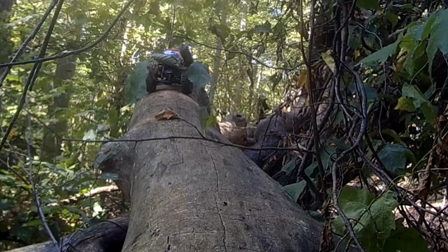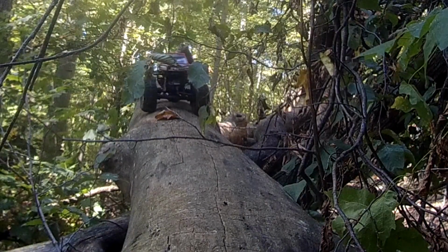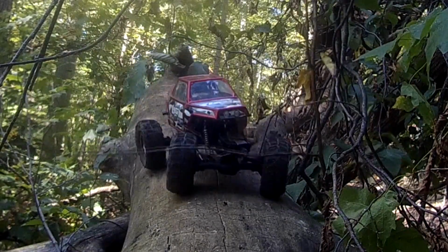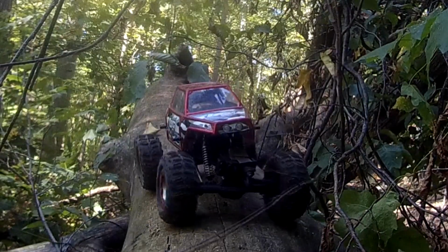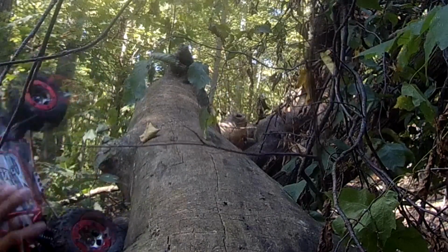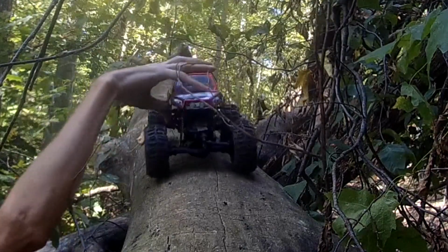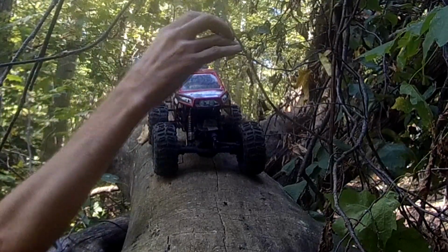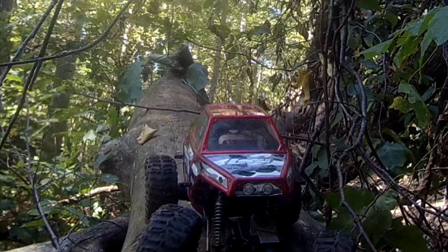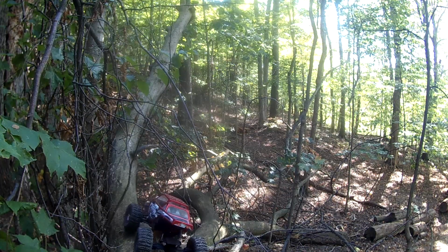Okay, so there's no way it's getting over that knob, so we just bypassed it. Oh no! One tiny branch. One tiny branch. We're just gonna... This is tricky because...